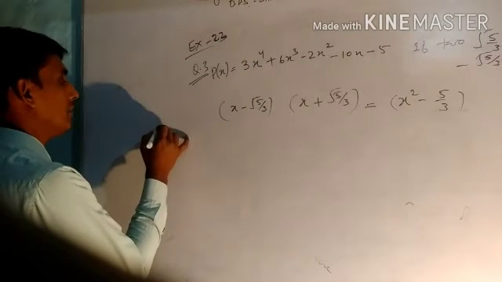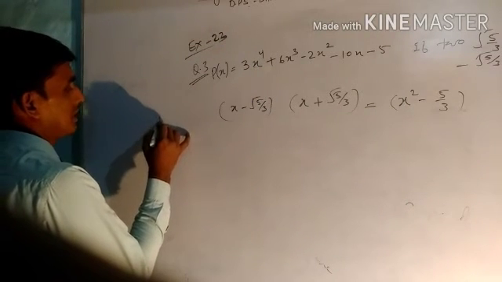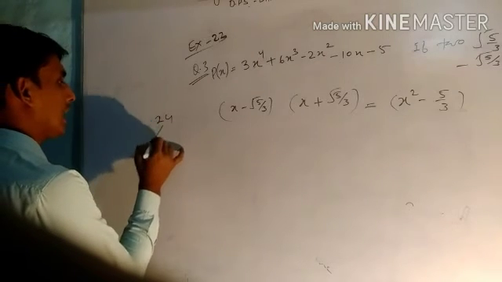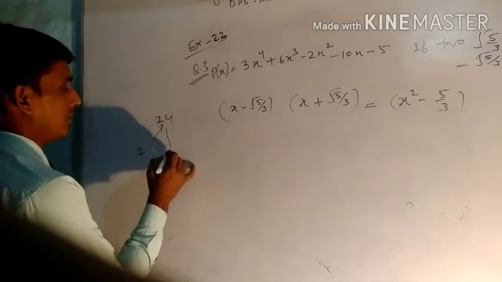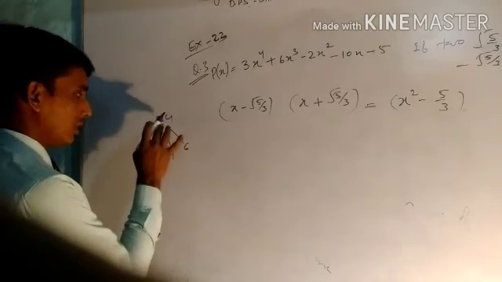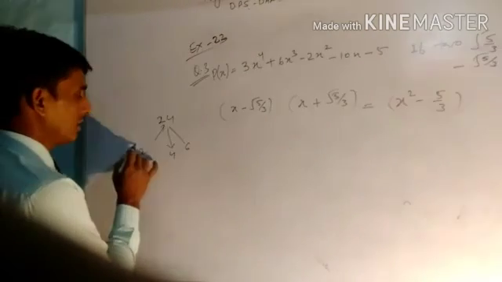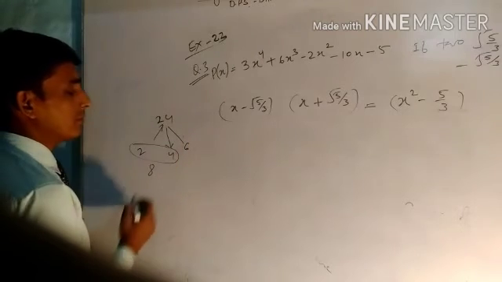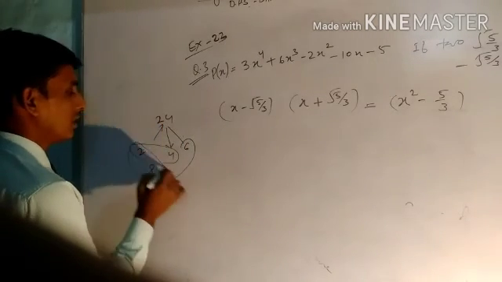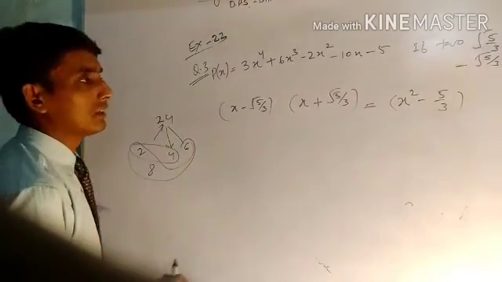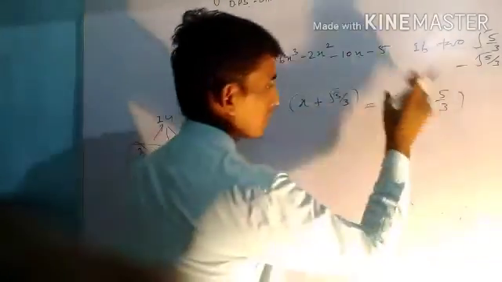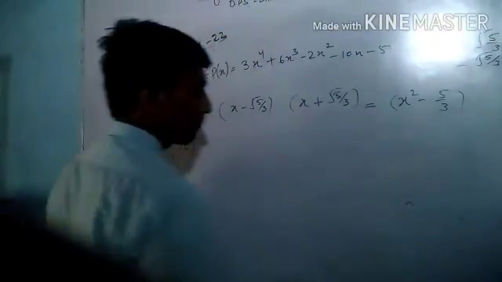Suppose you have 24. How many factors does it have? 2 is a factor, 4 is a factor, 6 is a factor. So if 2 and 4 are factors, 8 should also be a factor. Or 2 and 6, 12 should also be a factor. Similarly, if this is a factor and this is also a factor, the product of these should also be a factor. So, okay? Now